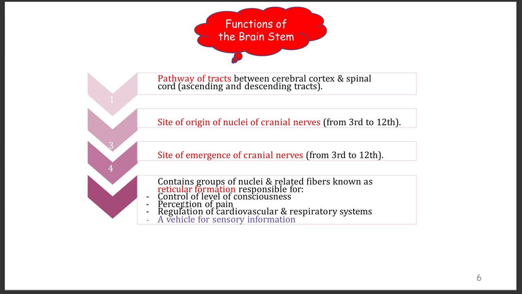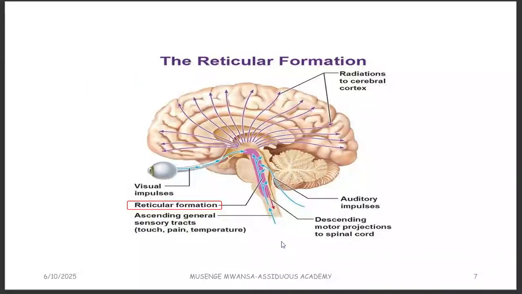That's why if there is a death of the brainstem, there's going to be no control of the heart and the respiratory system. Basically, someone will end up dying. Okay, and it's also a vehicle of sensory information. So all sensory information has to pass through the reticular formation. You can see this is what we call the reticular formation. These fibers are projecting, found in this brainstem,